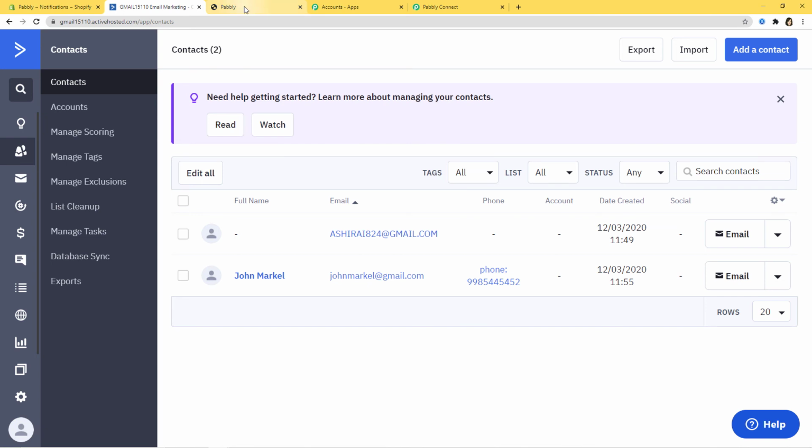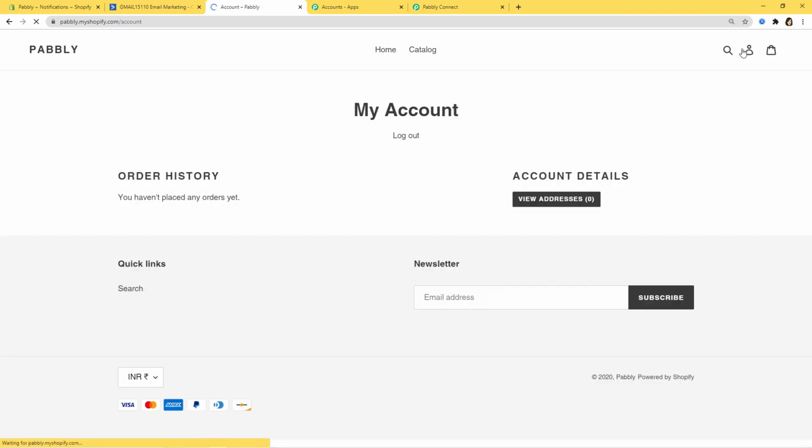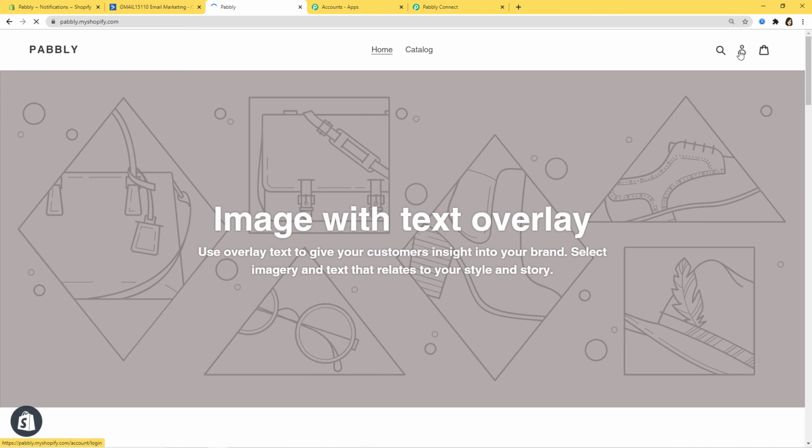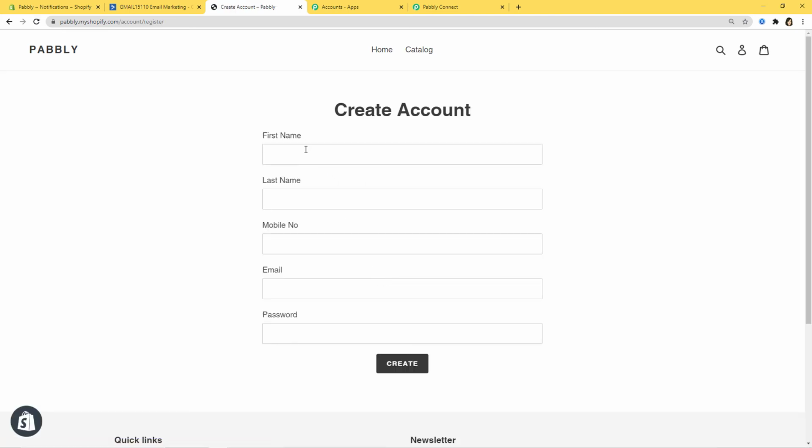So I'll go back to my Pabbly account store over here, that is Shopify store. Now I'll click on this icon over here. I'll just log out. I'll click again, and I'm going to create a new account for a new customer.